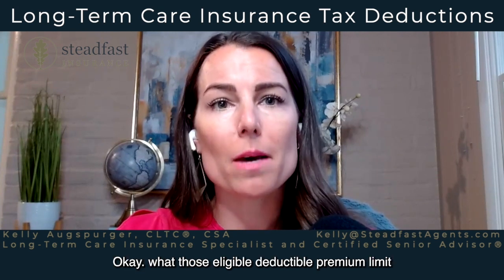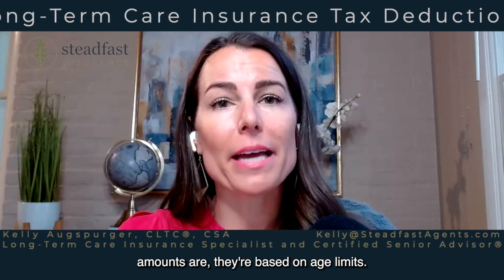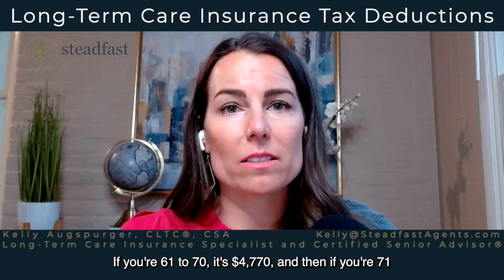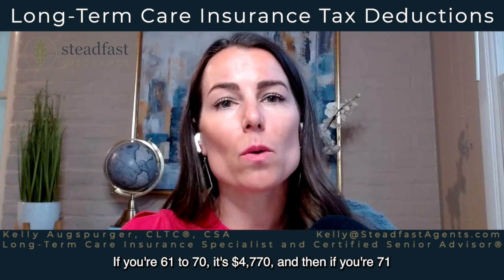And what those eligible deductible premium limit amounts are, they're based on age limits, Nick. So in 2023, these eligible long-term care insurance premium limits are: for 40 or under, the limit is $480 per year. If you're 41 to 50, it's $890 per year. If you're 51 to 60, it's $1,790 per year. If you're 61 to 70, it's $4,770. And then if you're 71 and older, it's